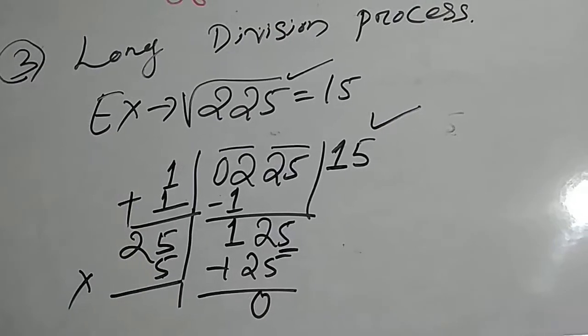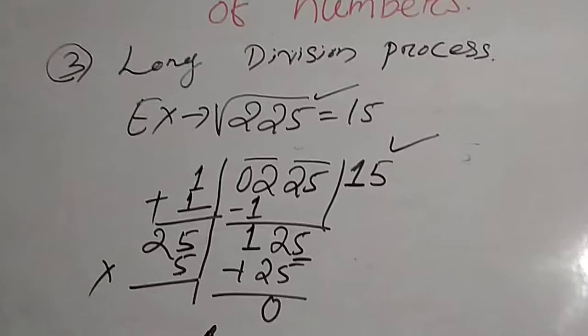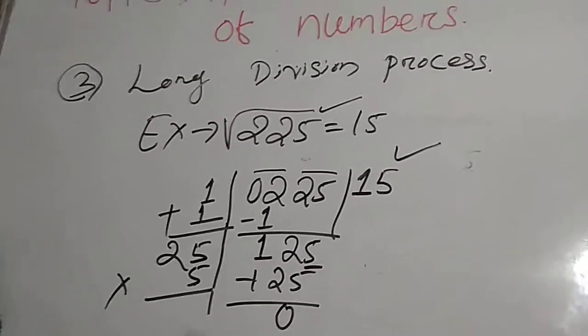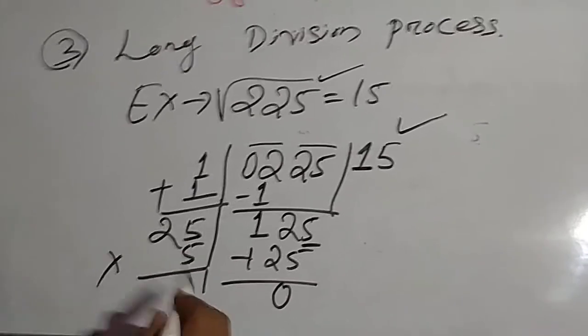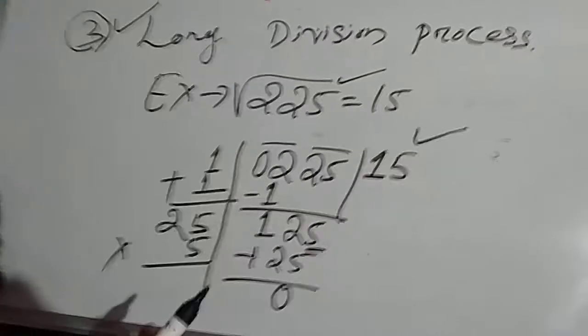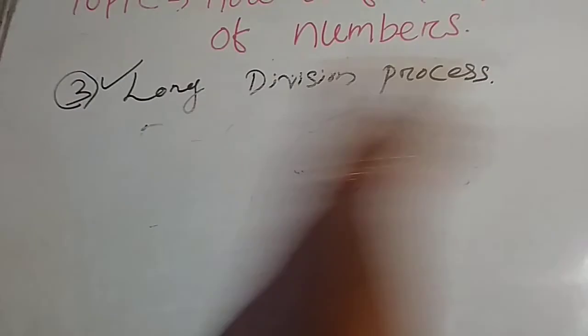So we compared 3 processes: repeated subtraction process, prime factorization process, and long division process. Okay, so always in higher classes also, and for big numbers, we always choose the long division process. This is very easy and less time taking. Okay, so next